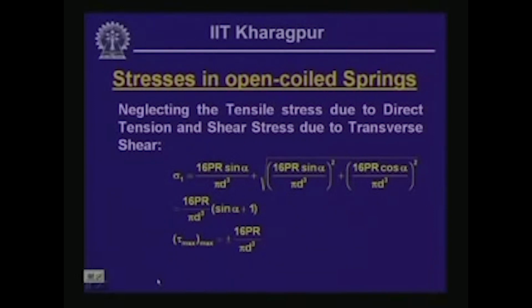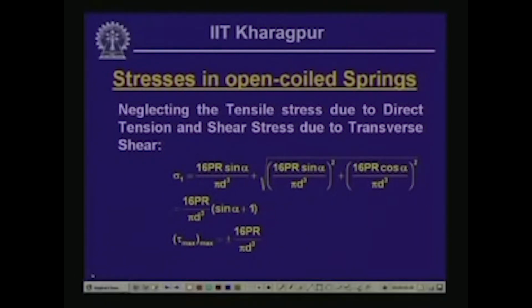Now, if we neglect the parts, as I have said, the contribution of the axial tensile pull or the transverse shear is very insignificant in comparison to the stresses induced because of the bending and the twisting moment. Now, if we disregard the stresses because of the direct tensile pull and the shear stress due to the transverse shear, then the maximum normal stress sigma 1, we can write as